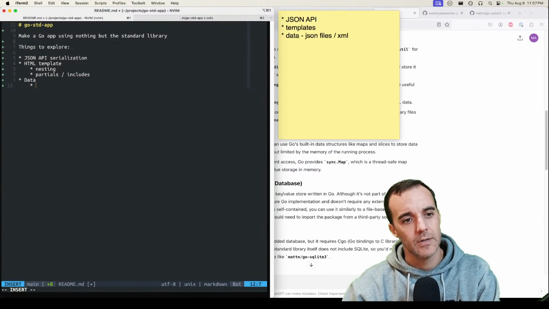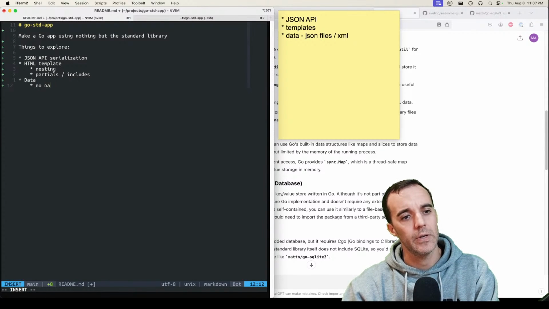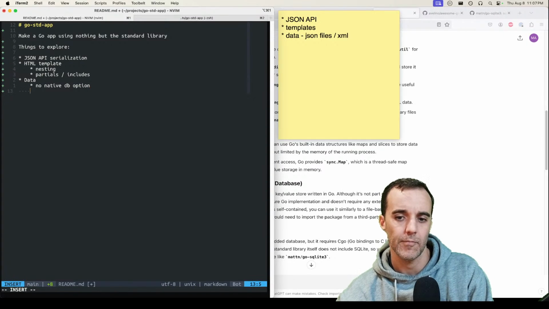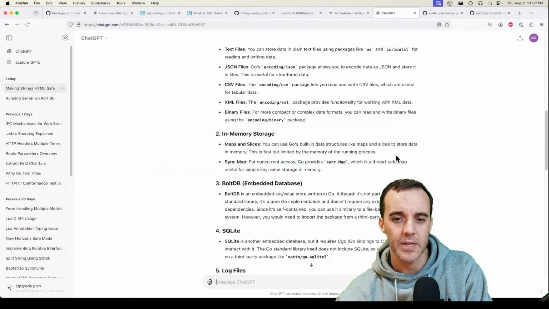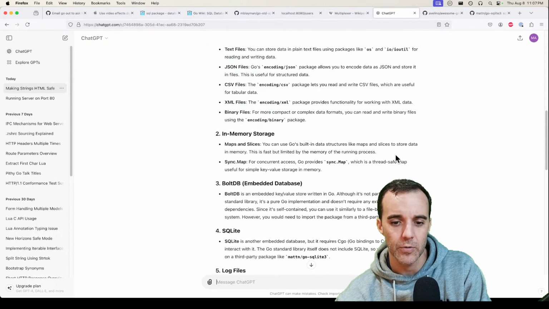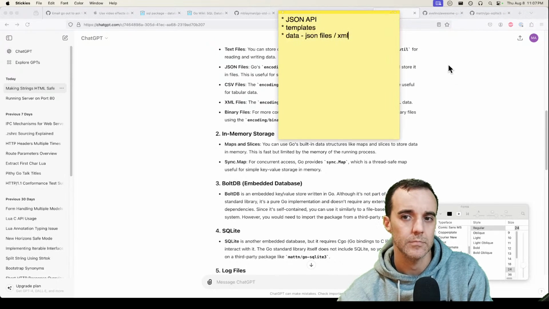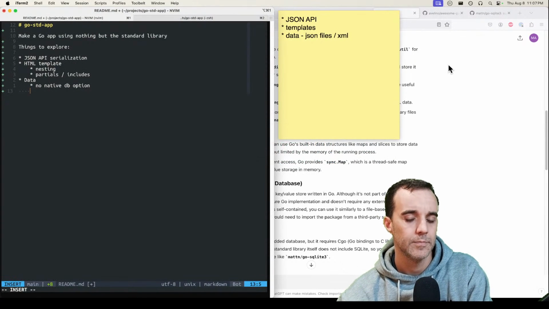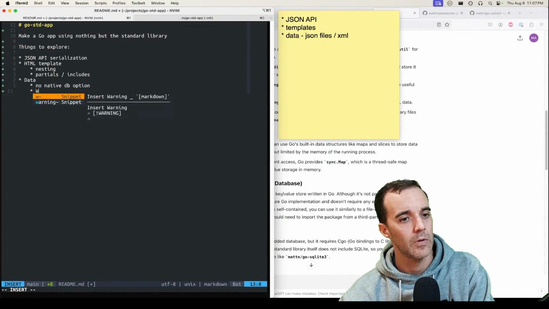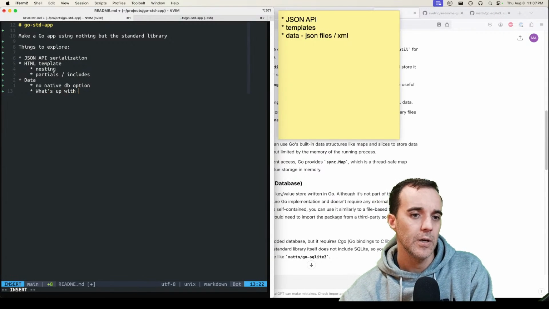So there's no native DB option. Although part of me is tempted to be like Bolt DB sounds pretty cool. What's up with Bolt DB?